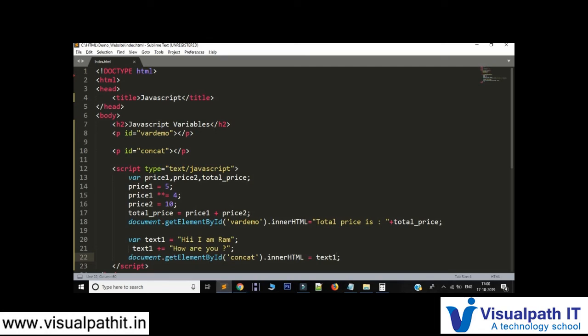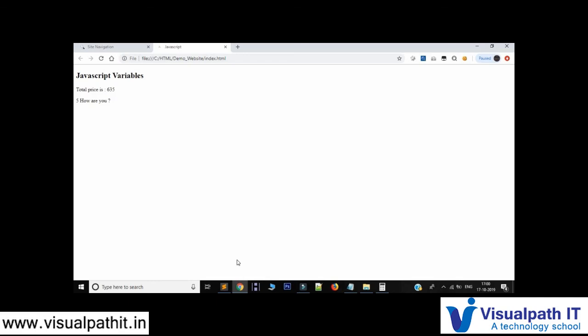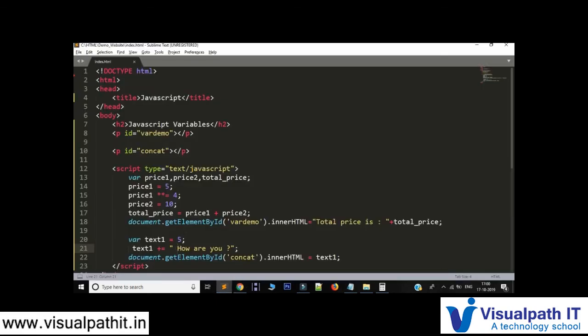Okay, so if I put here 5, let's just ignore this. Okay, and I'm putting it as 5. Now see, 5 and how are you? And please do remember, even a space between them will be counted. See, if I don't give it, the 5 and how will be together. But when I give a space, they are separated as two words. Okay, so this is where a string operator takes place, where you want to concat two variables or values, something like that, then you can always make use of a string operator.